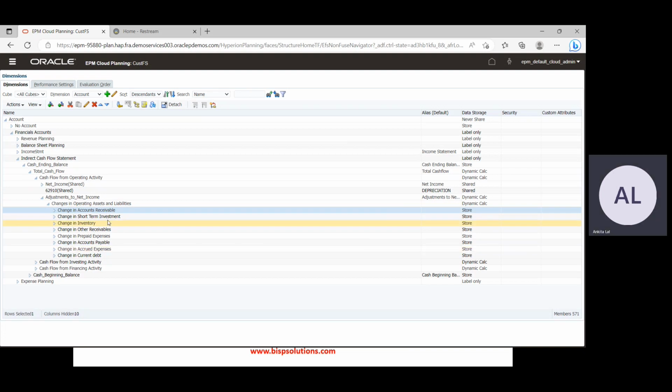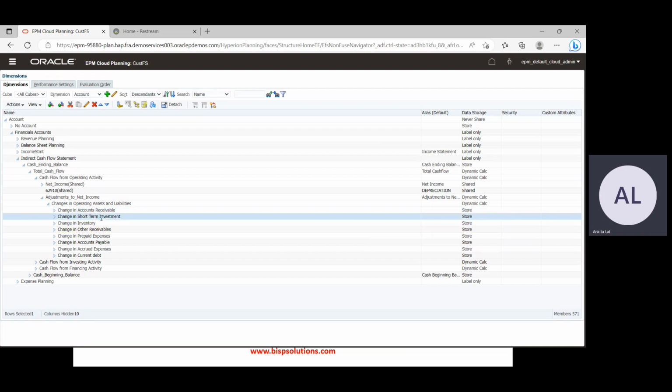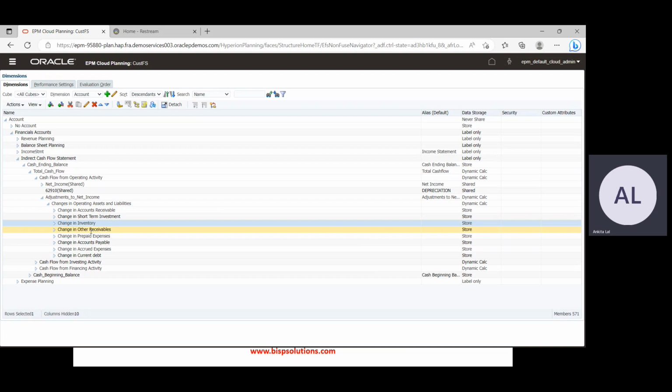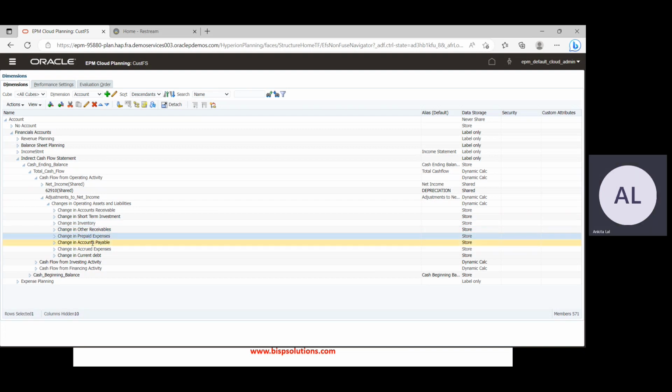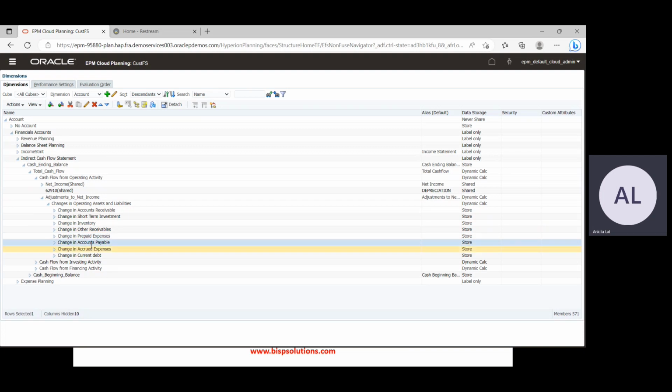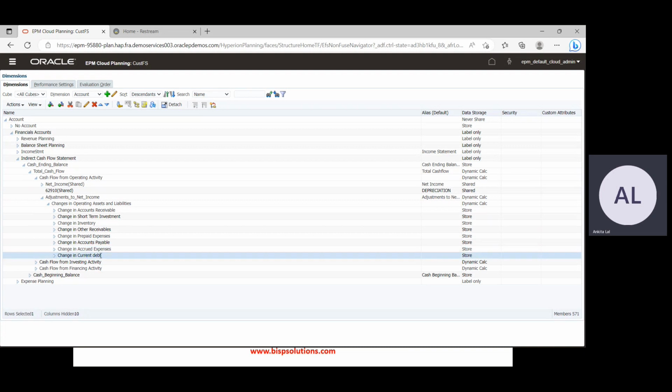The working capital basically consists of current assets and current liabilities, which actually affect the operating activities of an organization. Here we can see the members named accounts receivable, short-term investment, inventory, other receivables, prepaid expenses. These are all current assets. Then come accounts payable, accrued expenses, current debts. These are all current liabilities. The changes in these members affect our changes in operating assets and liabilities,